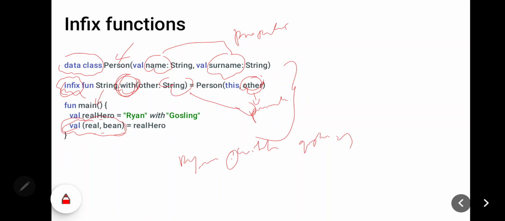But if you use this infix function, you don't need to insert it in here. You don't need to insert the dot, you just write it like this, like human language.